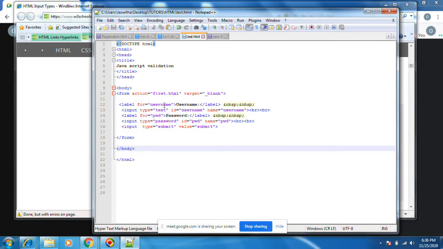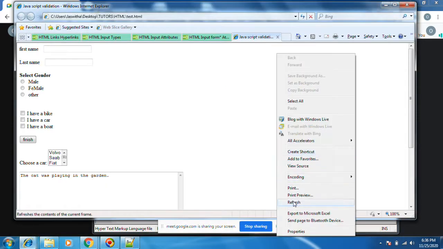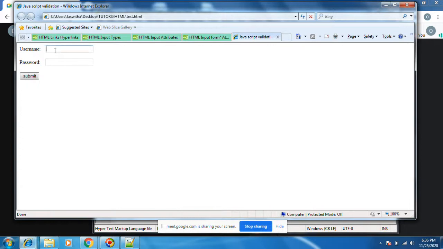Input type equal to text means only a text box will come. Input type equals password means it will also be a text box, but the characters will not be visible. Let's see how it will be. Just refresh here. Username, I can write something.